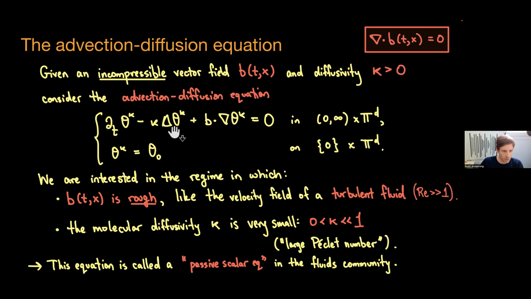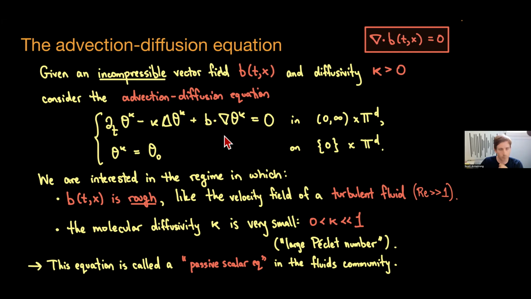So what is the context of my anomalous diffusion? We're studying the advection-diffusion equation. So I have a parabolic equation essentially with a small kappa amount of diffusivity. There's a parameter kappa in front of the Laplacian, and you think of that as a small parameter. There's an advecting vector field B, which is dotting into the gradient here.